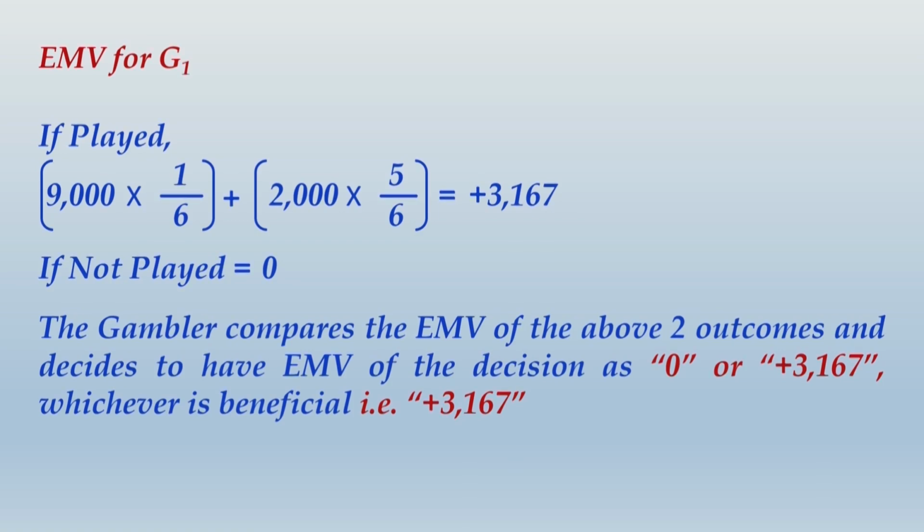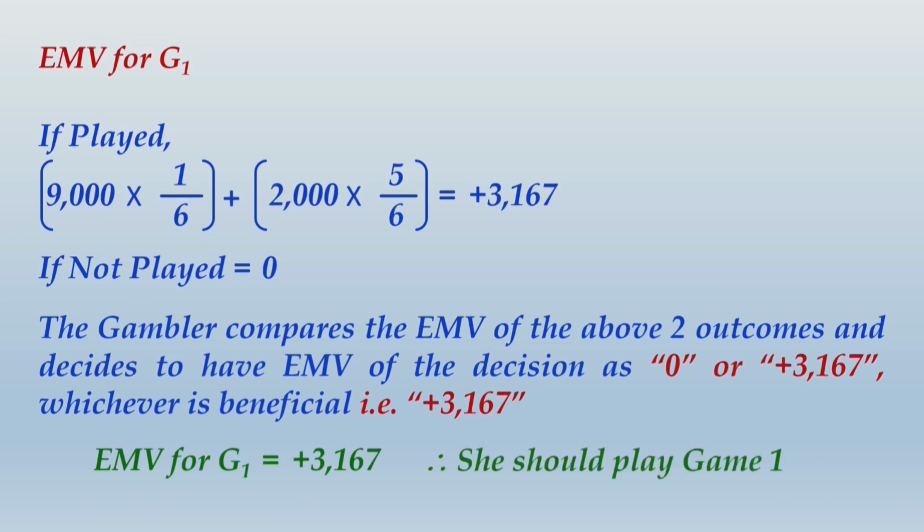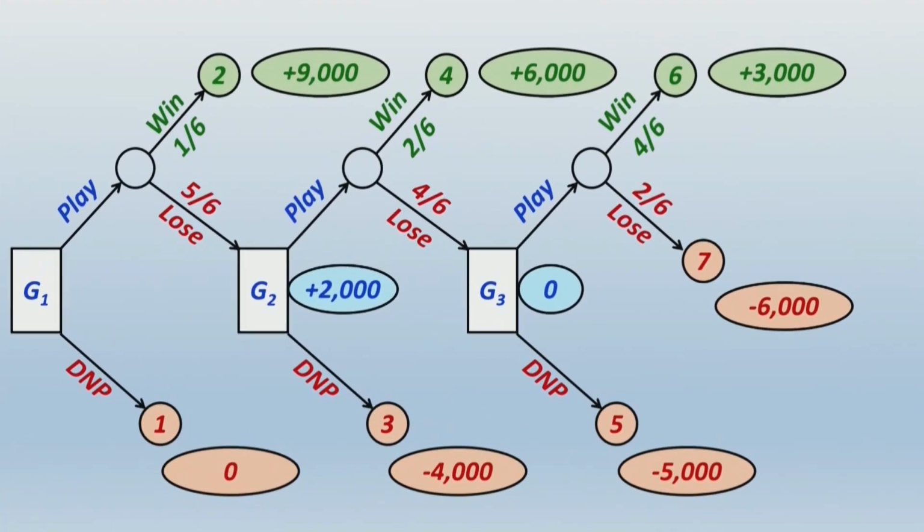So obviously it is positive 3,167. So EMV for G1 is positive 3,167, and we say that she should play game 1. So please write up this working as well, and then we move ahead. Alright friends, once you have completed this entire working, don't forget to get back to the decision tree diagram and record the EMV of G1 as positive